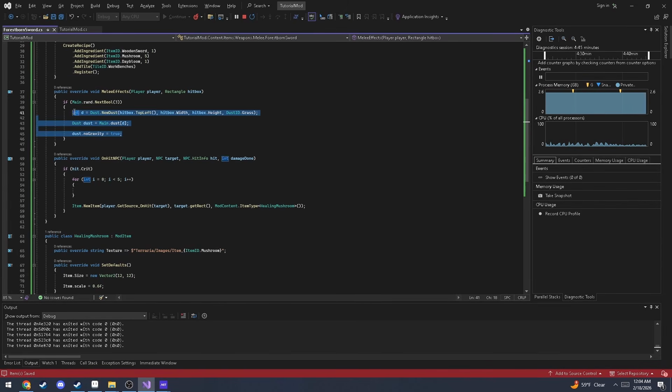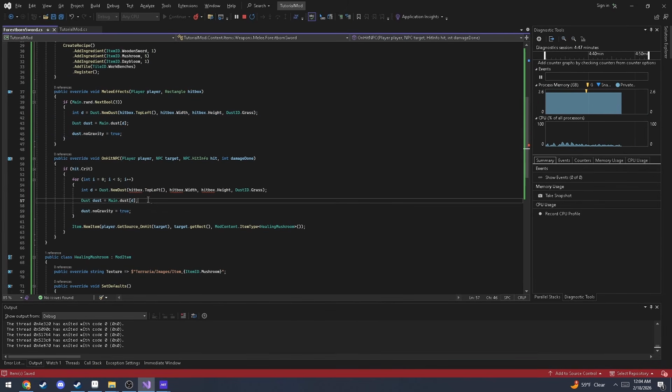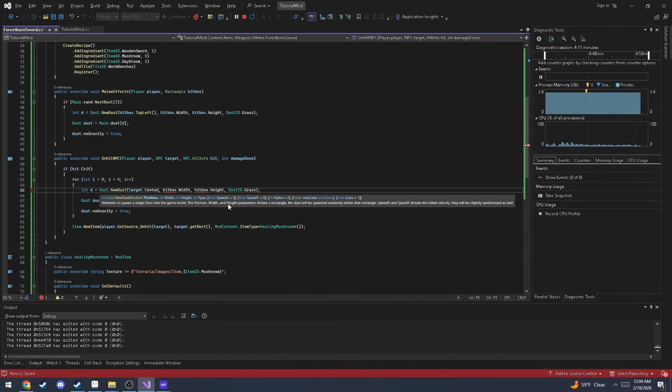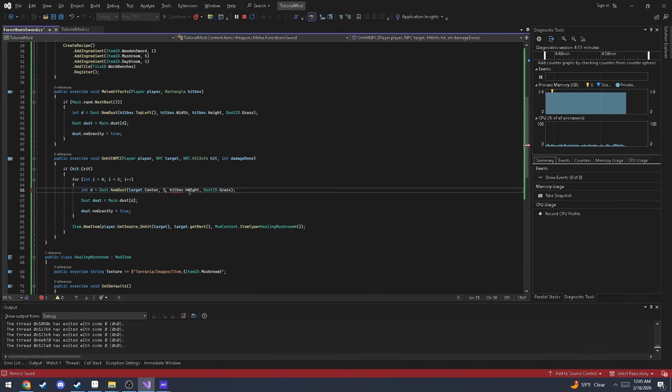I mean, we could use this, I guess. We can just reuse this code. We're going to do target.Center, and we're just going to do 1 and 1, because we kind of just want it to come from the center. But I don't really like this method. I prefer the method